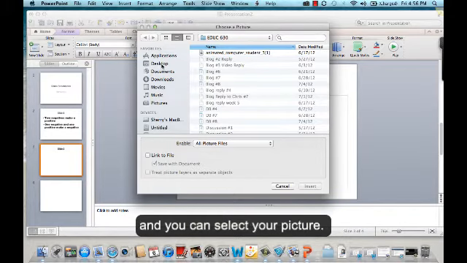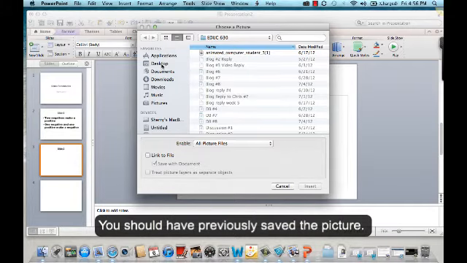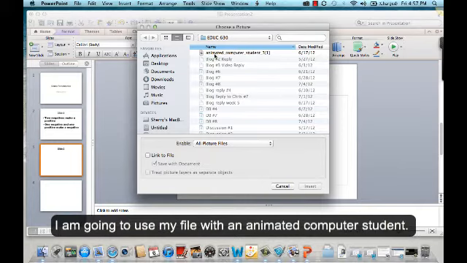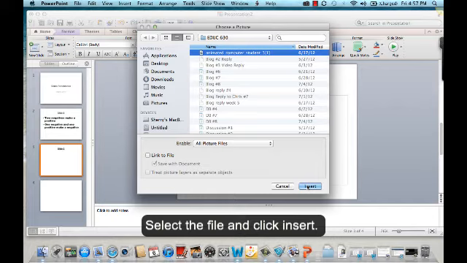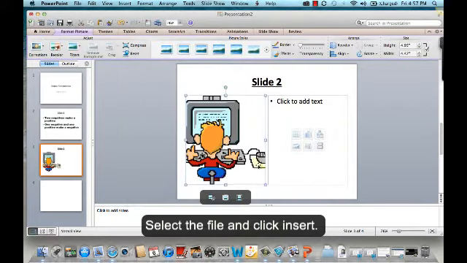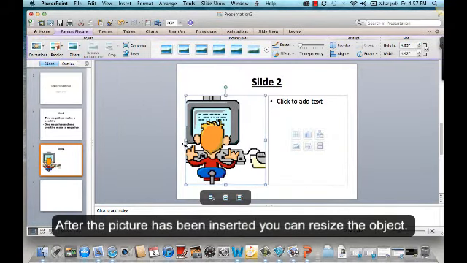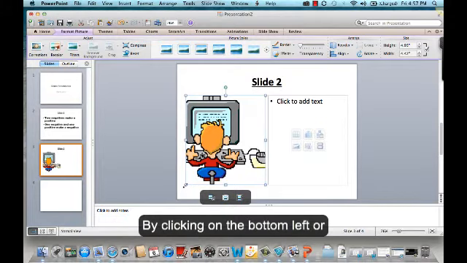You can click wherever you would like to pull the picture from. You should have previously saved the picture to be able to do this. I'm going to use my file right here. It says animated computer student. I click insert. Now, after it's there, you can resize the object by clicking on the bottom left or the